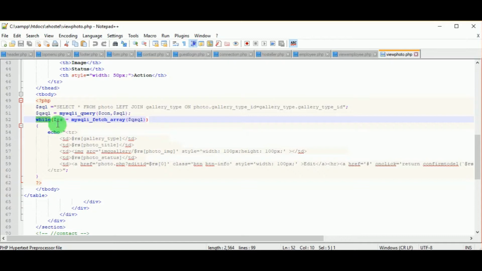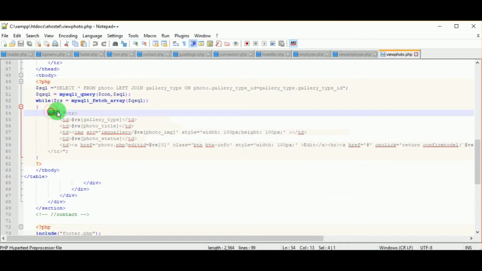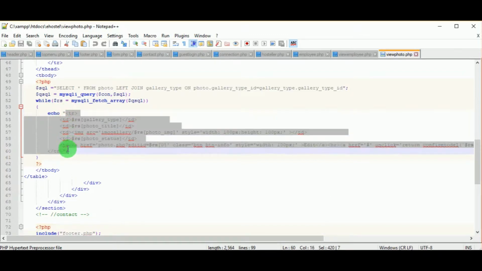That is because we are not displaying one data. We will be displaying all the data which is there in that particular table. So for that reason, a while loop is used. Using the while loop and the array, all the data is fetched. However many data there are, that many rows are created and all the data will be fetched.